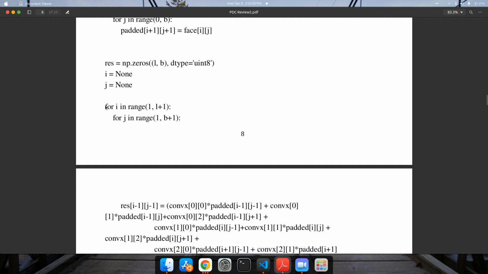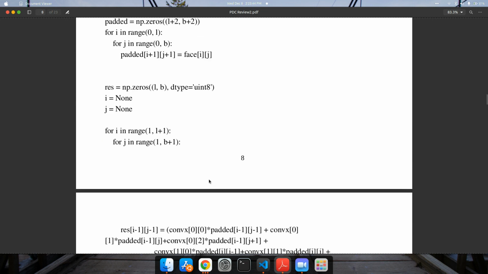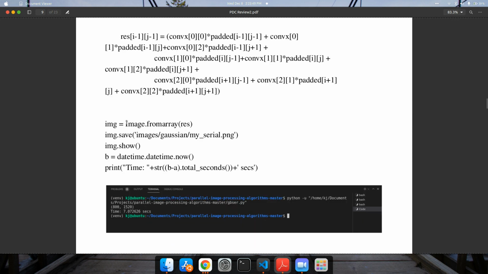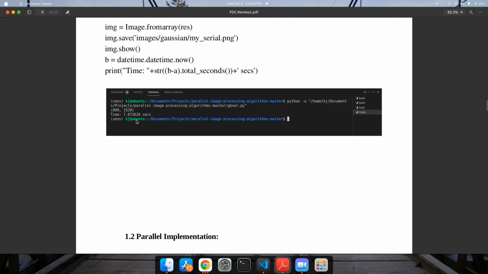So this is the algorithm we have used. We haven't used anything like PyMP parallel, so it is serial. I then converted the image from array and saved it as my serial image in .png format, and then I showed the image and printed the total time taken to process the image.